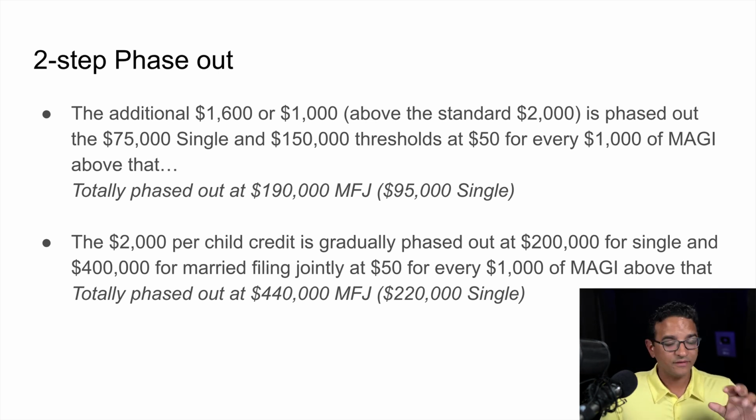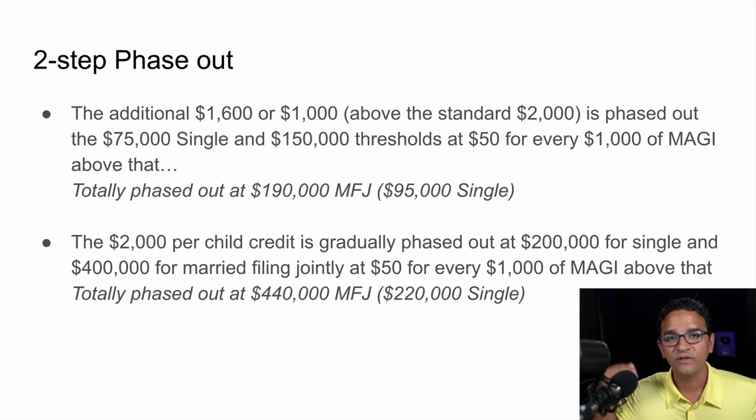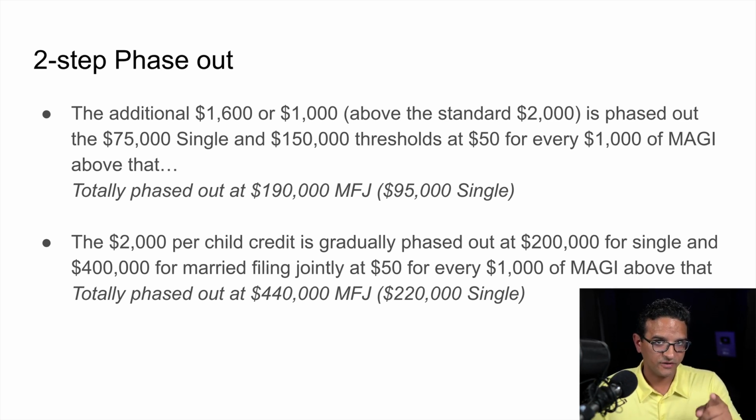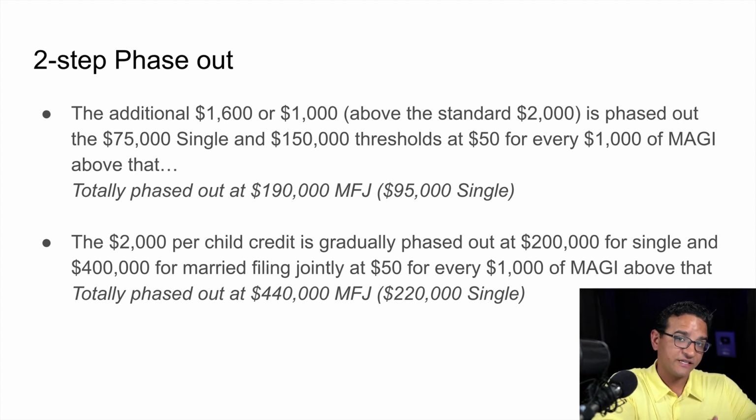Okay, let me go back for a second. There's two phases. There's phase one for the increase from 2,000 to 3,000 or 2,000 to 3,600. And then there's phase two, which is to completely phase out the original 2,000 that you were supposed to get. So the first phase out is for the additional 1,600 or the additional 1,000, that amount over $2,000,